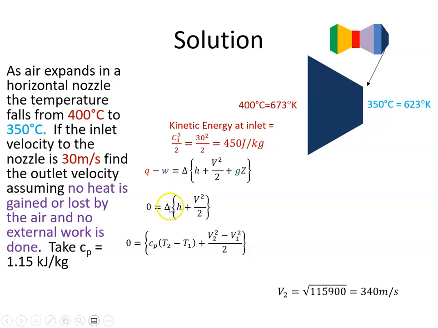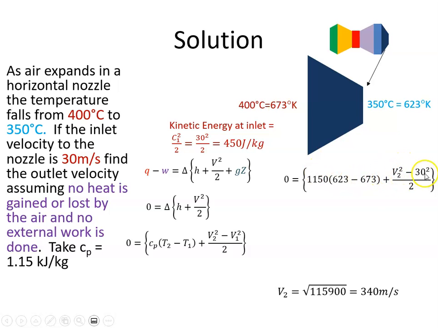The change in enthalpy is Cp times T2 minus T1, and the change in kinetic energy is V2 squared minus V1 squared all over 2. So I'm just going to plug in my values. Cp we're told is 1.15 kilojoules per kilogram. I've brought it all to joules, primarily because the velocity component here will be expressed in joules, so it's better to keep them all in the same units. So it's 1150 times 623 minus 673, so the output minus the input, and that's plus